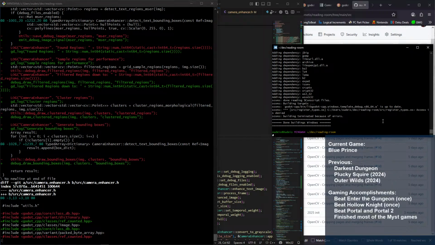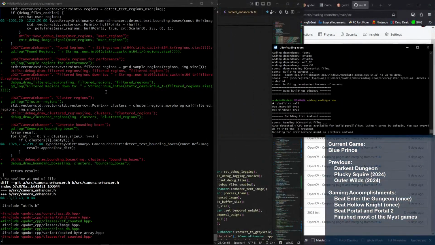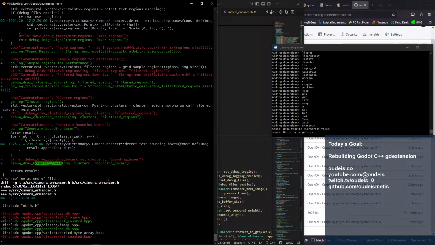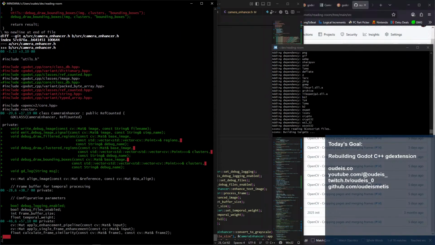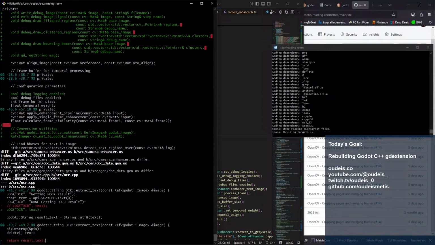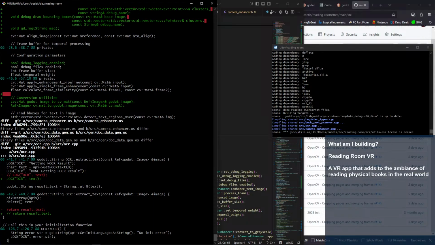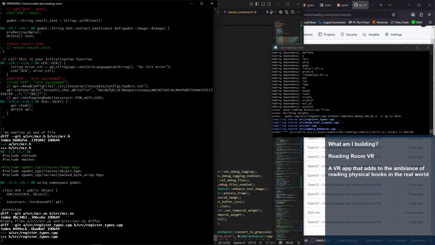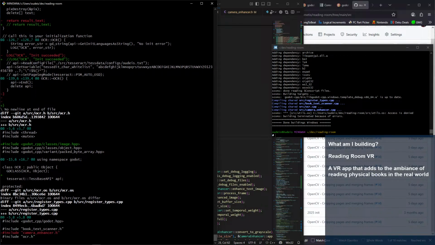Oh, access denied to register types. Why is access denied to register types? But strictly speaking, this didn't need to be in utilities. It could just be here locally. And then our camera enhancer.h. Again, a bunch of stuff got removed from it. Is it locked because I'm diffing it right now? That'd be fun.